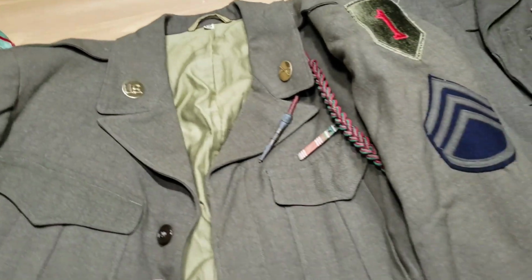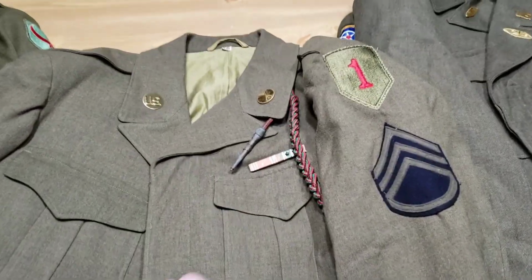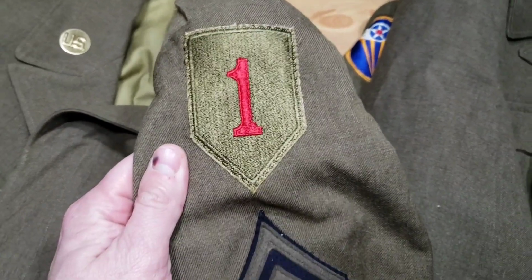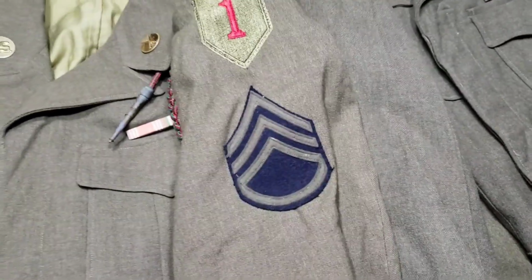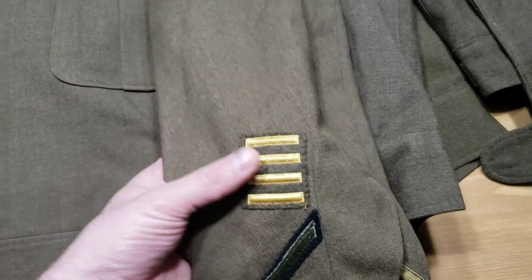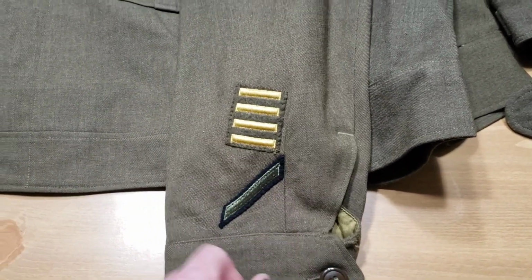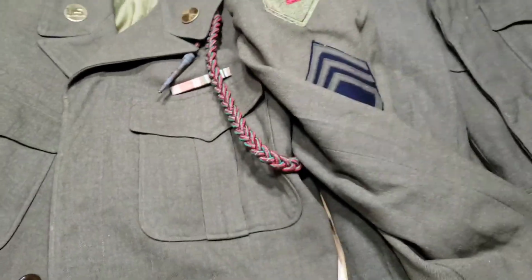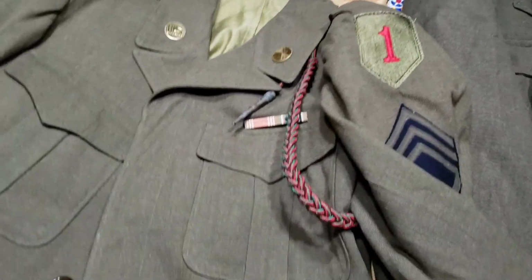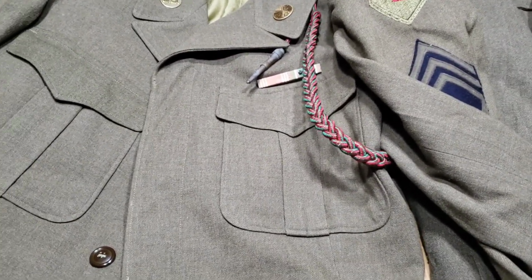Moving on here, I've got a really nice, another World War II Ike jacket. 1st Infantry Division, big red one right there, which is awesome. Staff Sergeant chevrons on both arms. This one has 4 gold bars for 2 years of overseas service and 1 3-year enlistment stripe. It's got 2 ribbon bars there. And then it's got this foreign award. And it's called, if I'm not mistaken, French